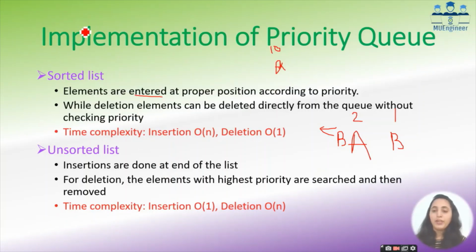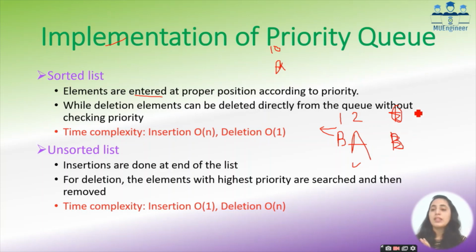So what it will do, it will first add A. Okay, that is done properly. Now A has been added. Now it knows that B has priority 1. 1 is the highest priority. So वो क्या करेगा? B को पहले execute होना चाहिए, तो B को वो फ्रंट में लेके आएगा. इंस्टेड ऑफ एडिंग द B एट द रेयर, B को फ्रंट में ऐड करेगा और A को थोड़ा पीछे भेजेगा.